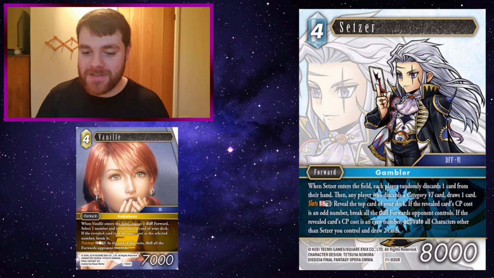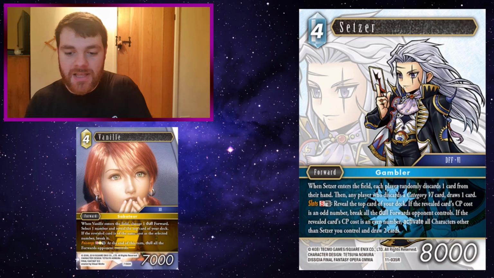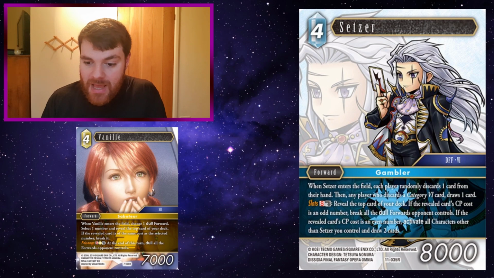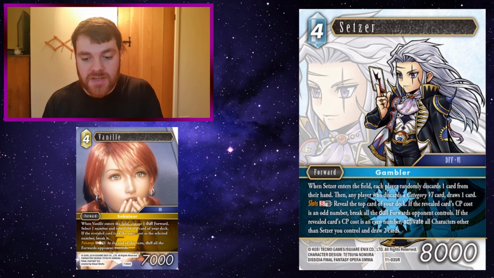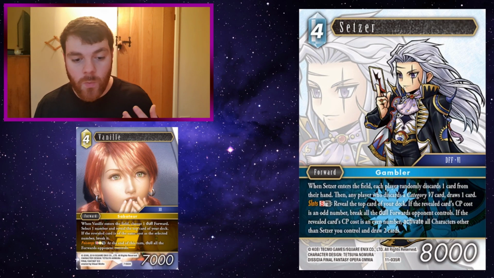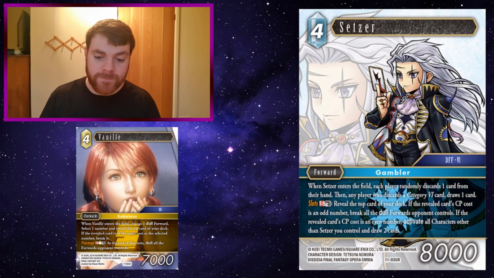Setzer. So this is an interesting little combo. Setzer's S and Dull: Reveal the top card of your deck. If the revealed card's CP cost is an odd number, break all the dull forwards your opponent controls. If the revealed card's CP cost is an even number, activate all the characters other than Setzer you control and draw 2 cards. So there's a lot of ways that Setzer's S ability synergizes with Vanille's ability, because obviously you get to reveal the top card,